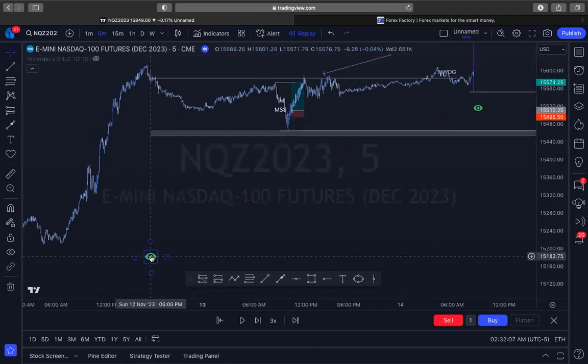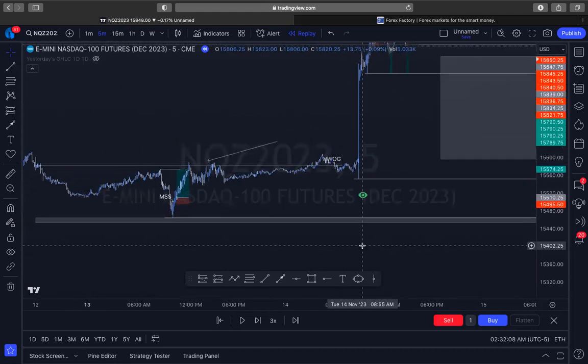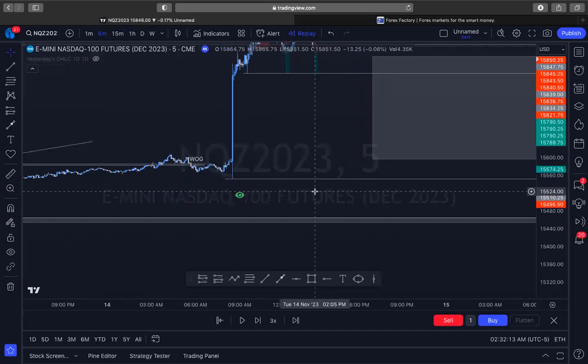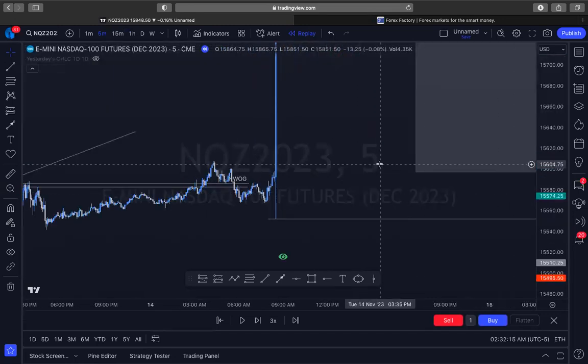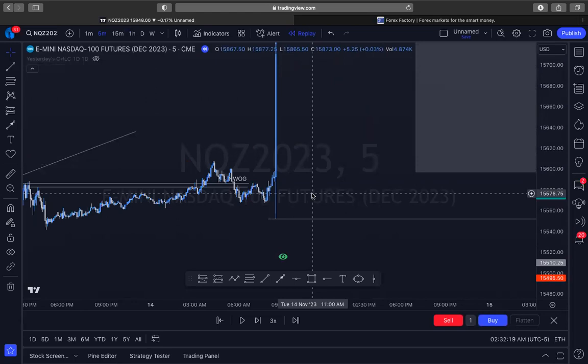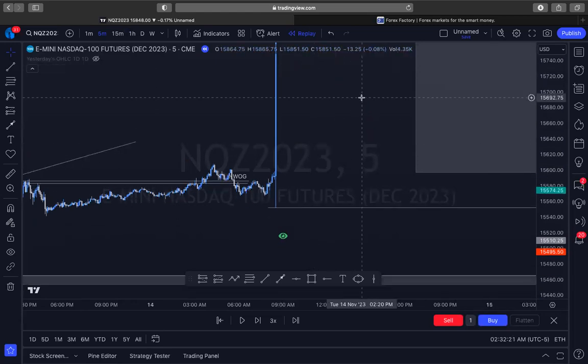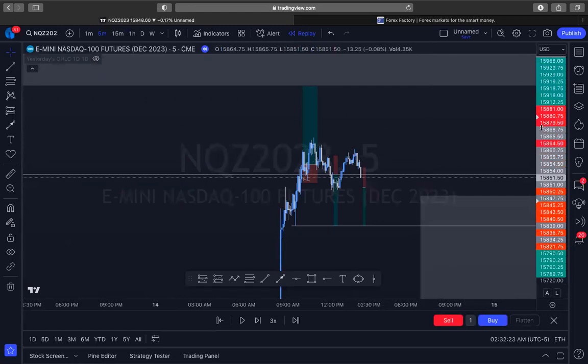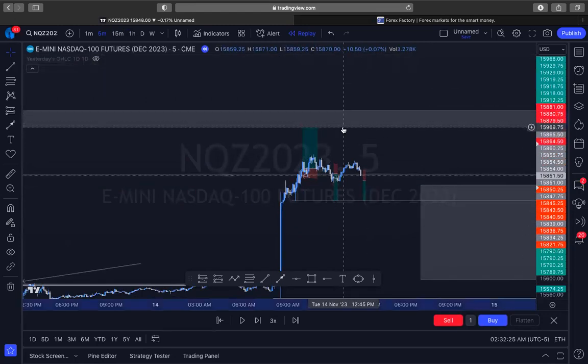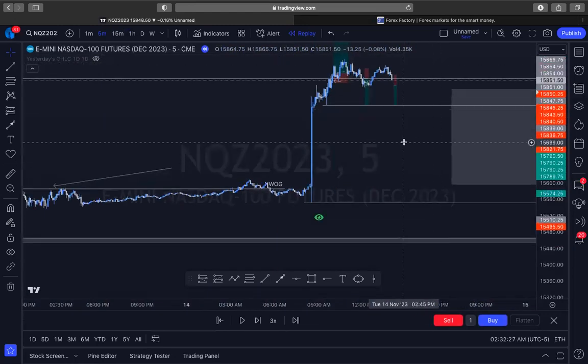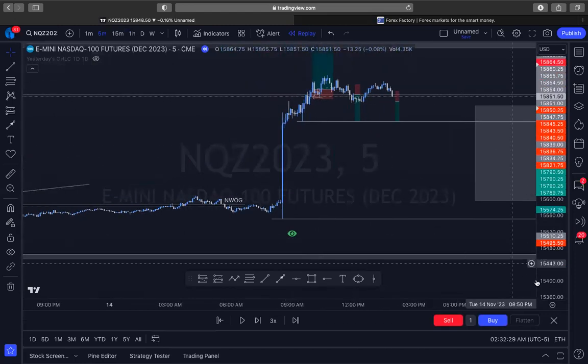attention is. So we still have these lows here that I'm watching, but because we broke NWOG above, I really said, you know what, we really are in a very strong bullish market. I really don't think that this market wants to go lower until, number one, we take out those highs that we talked about and tap into this volume imbalance from the higher time frame.